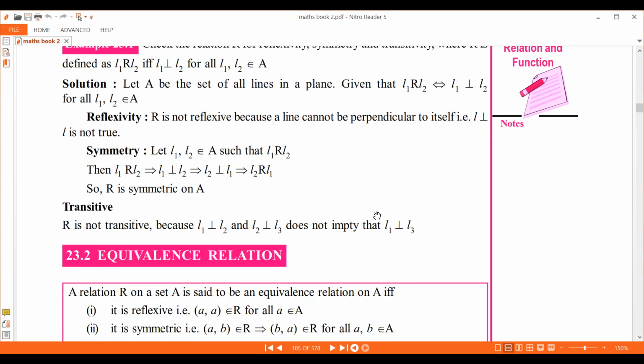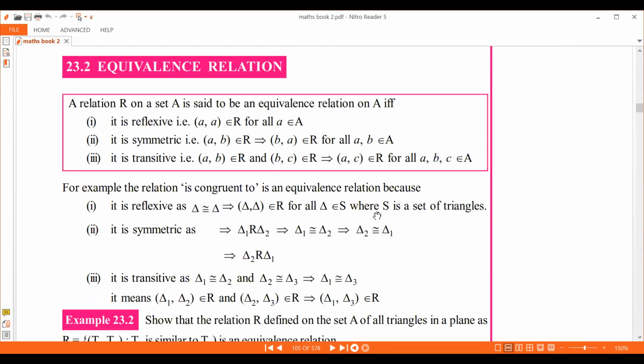So here we go. Equivalence relation. Reflexive, symmetric, transitive. All the 3 are there within that, then it is called an equivalence relation. Simple. Reflexive, symmetric, transitive. All the 3 you can find within the same thing. Then you will find it is an equivalence relation. Simple. So you see that a relation R on the set A is an equivalence relation on A if